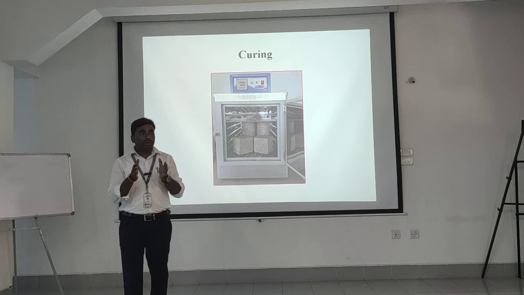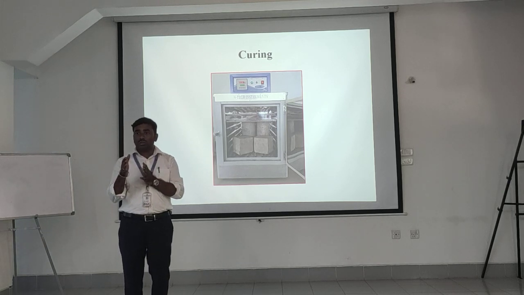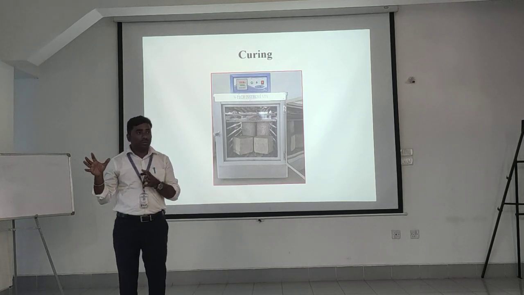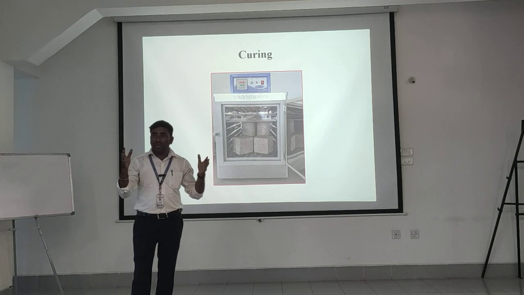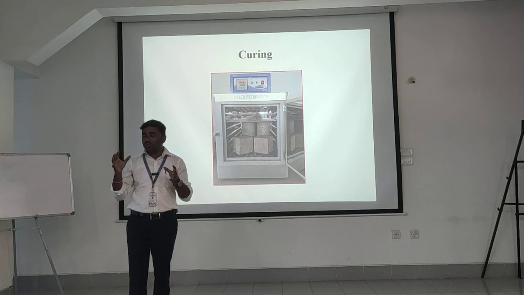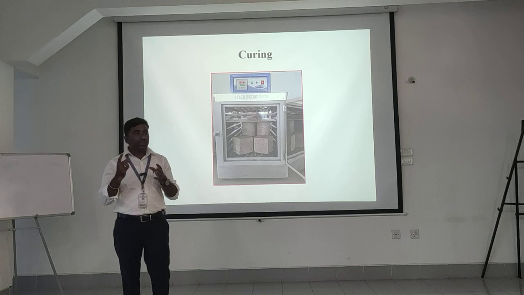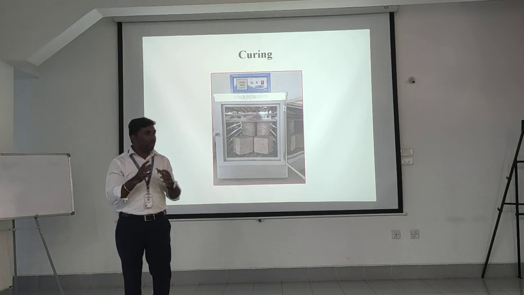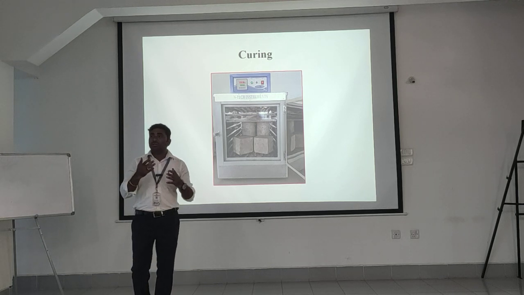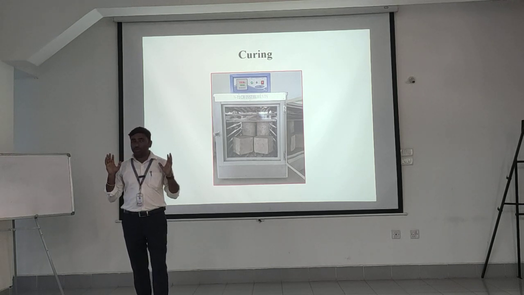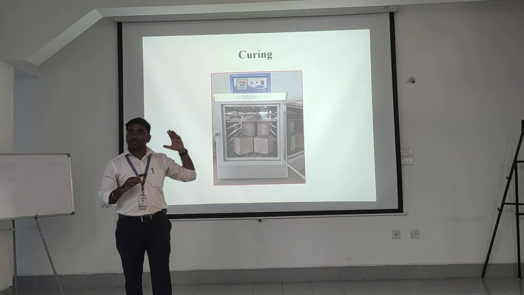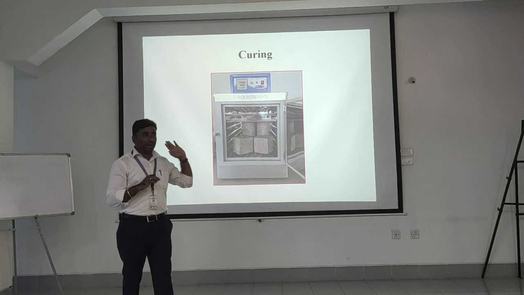Why do we have to maintain only 60 to 90 degrees Celsius? Because we are not using cement at all, we are using fly ash and alkaline solution. At 60 to 90 degrees, the fly ash as well as the alkaline solution react, and the polymerization reaction takes place. Once the polymerization reaction takes place, it gains strength day by day. Because of this hot oven curing, we will get the strength before 7 days.